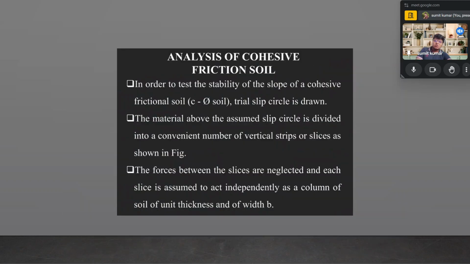Now, when we do the analysis of the cohesive frictional soil, up to there we were looking only at cohesive soil, phi equal to 0. Now let us take our discussion further for the C-phi soil. So over here, in order to test the stability of the slope for a cohesive frictional soil, that is the C-phi soil, the trial slip circle is drawn and the material